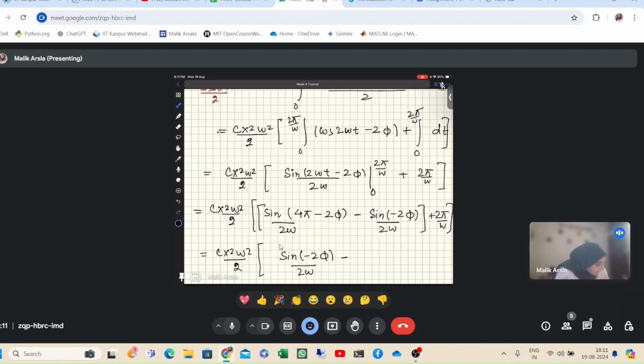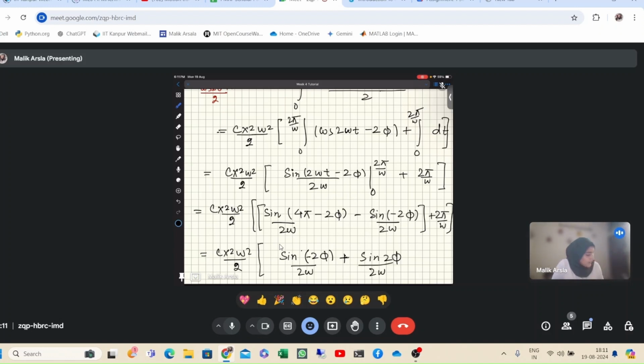Sorry, sine of 4 pi minus 2 pi will be sine of 2 pi, and this minus will come outside. It will be minus, sine of 2 pi, right,